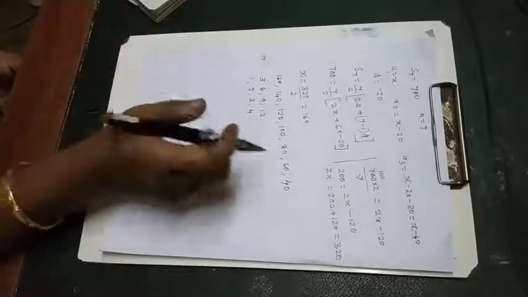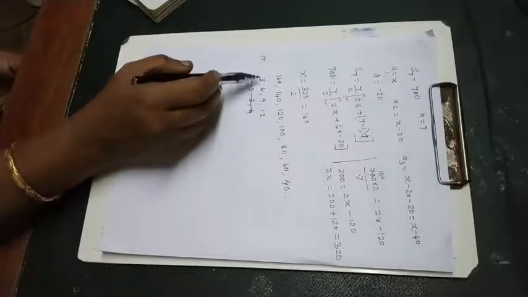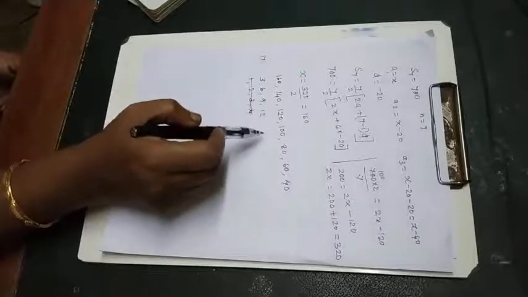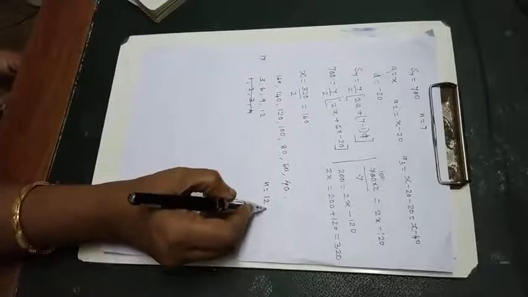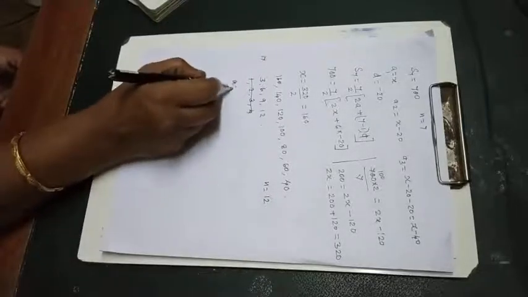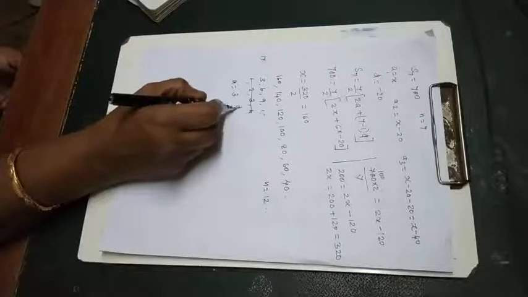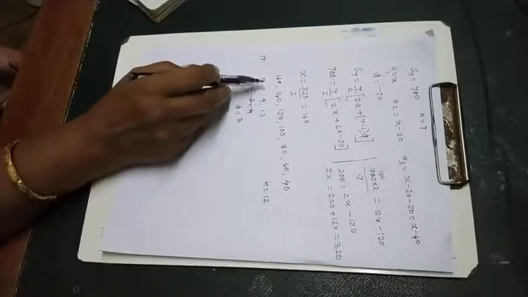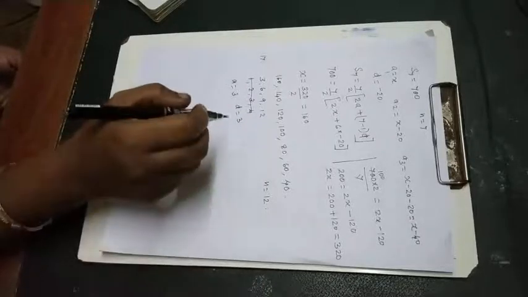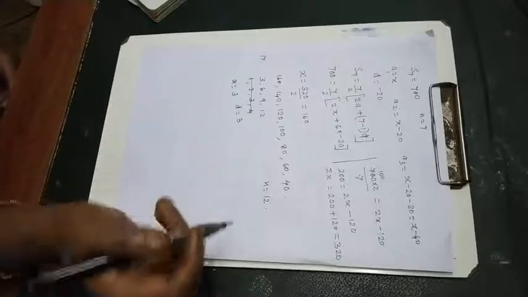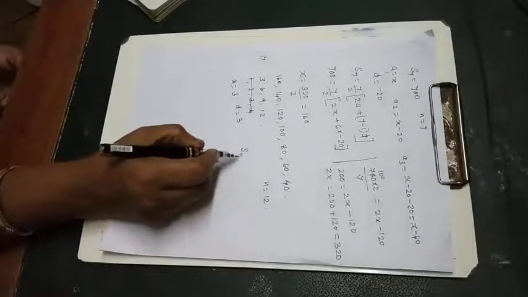Now, each class has 3 sections. So this is the AP you are getting: 3, 6, 9, 12, like that. N is equal to 12. Our a is equal to 3, then d is also 3. 6 minus 3, 3. 9 minus 6, 3. So n is equal to 12. Now your question is to find how many trees will be planted by the students. That means Sn. Here S12 you are asked to find out.